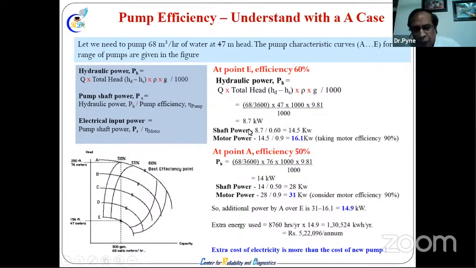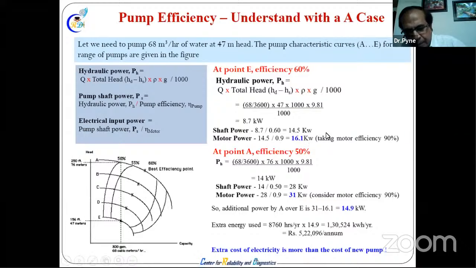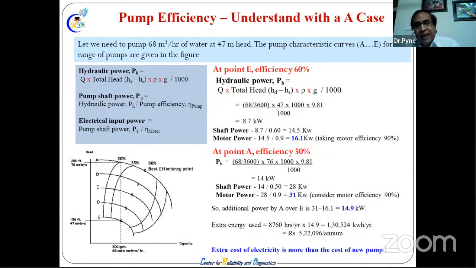And in the efficiency loss, if you take 60% efficiency, hydraulic power Q head rho G divided by 1000, gives around 9 kilowatt. Shaft power will be around 15 kilowatt, the machine driver you require. In the drive you get 15 kilowatt, but motor power required is 16 kilowatt, because everywhere there is an input-output difference. Okay, so that's why efficiency matters, and that's why motor power is much higher.